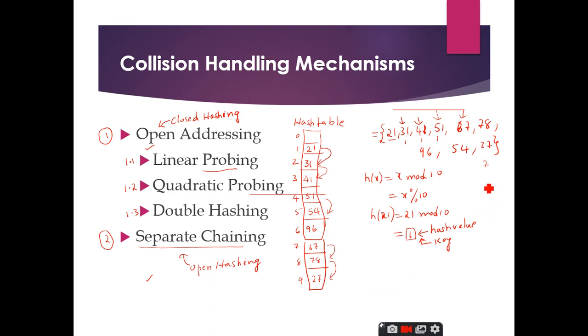Now let us see another value. Let us try to insert 37 here. When I want to insert 37, the hash key produced is 7. So I go and search 7, it is occupied, therefore go to the next location, it is also occupied. Go to the next location, that is the 9th index, it is also occupied. So what you have to do is search the next location, which is the 0th element. Is it clear?